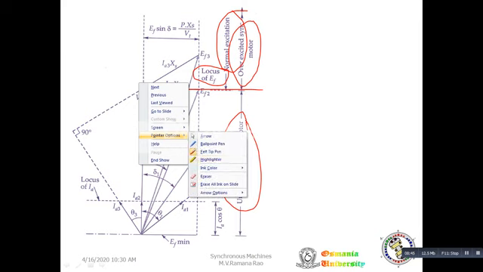Now observe. As we go on increasing the DC field current excitation, armature current is reducing and again increasing. Under excited, the armature current is higher; at normal excitation the armature current is minimum; going to over excitation, the armature current again increases. So the over excited synchronous motor operates at leading power factor, the under excited synchronous motor at lagging power factor, and normal excitation at almost unity power factor. So if you draw the curve, observe here, IA.